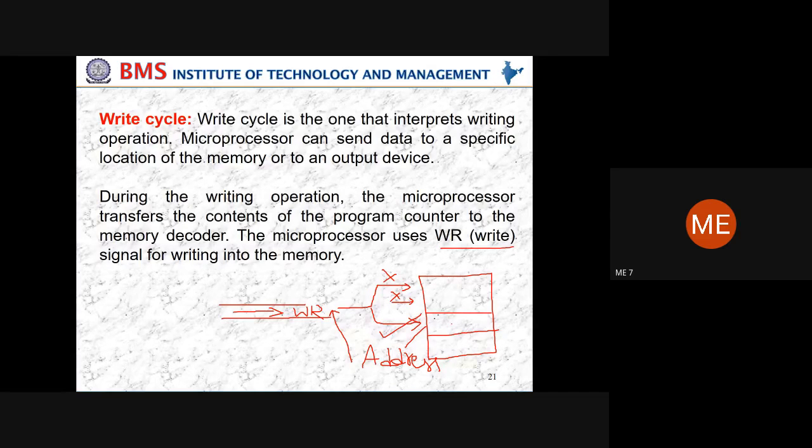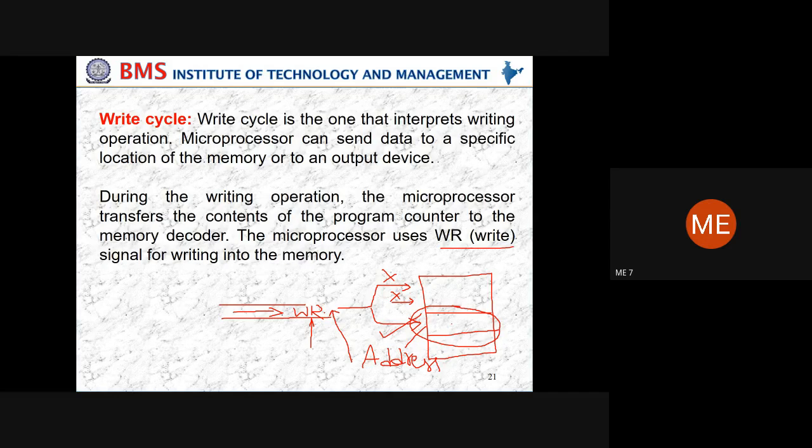Okay, then this portion is opened for you to execute, or open for you to do the operation. So what is the operation that you intend to do? The operation that you intend to do is what is called write something. So this is open for you to do that operation.